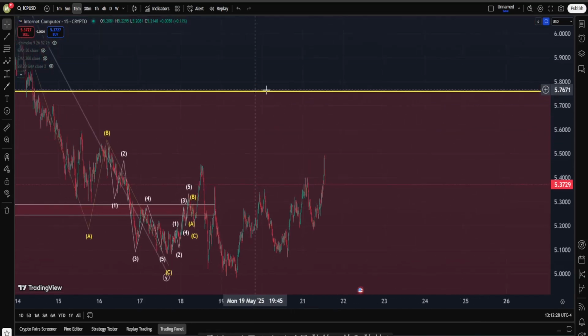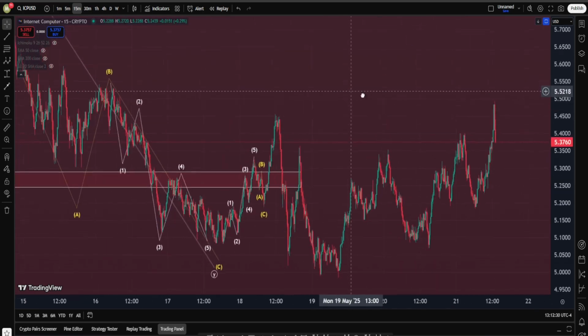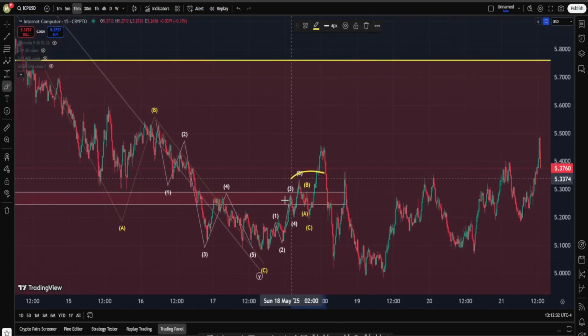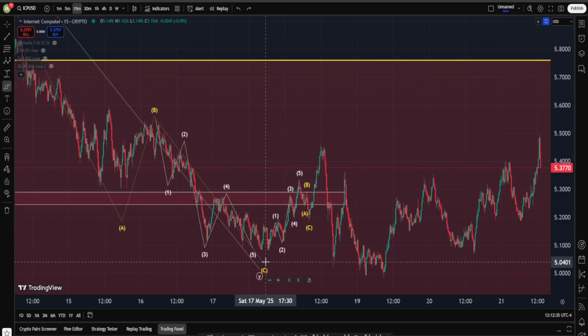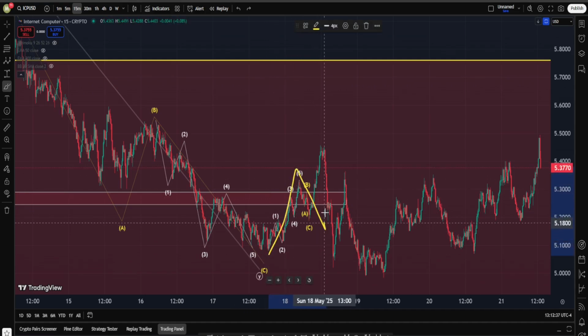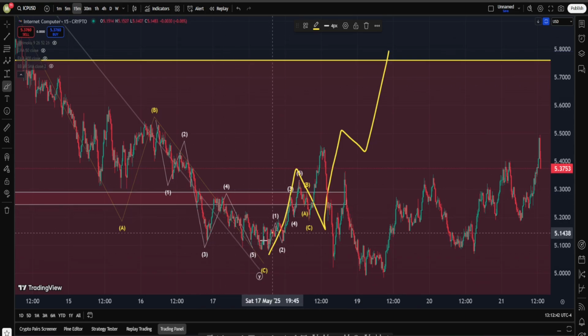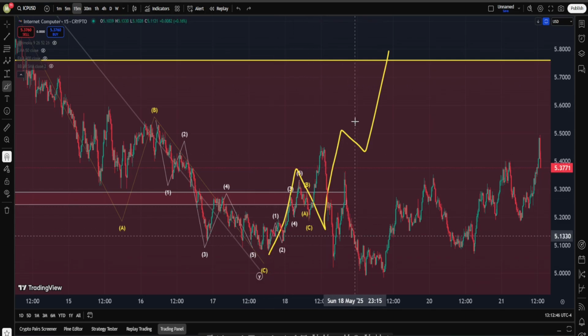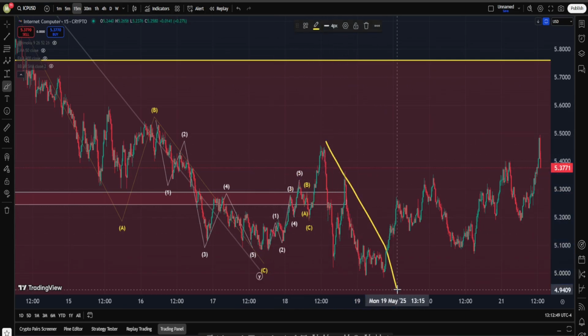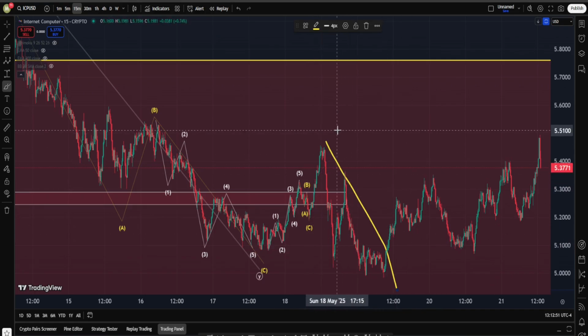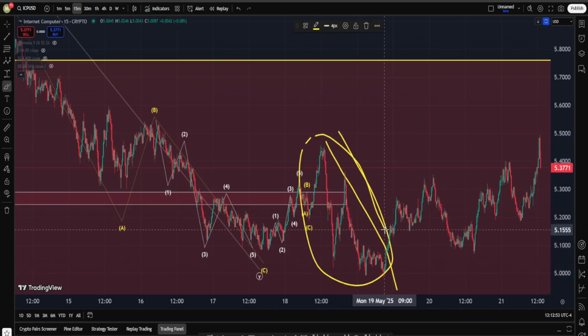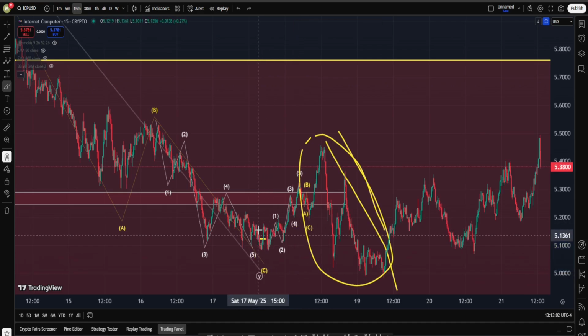And in this update, we are going to check out Internet Computer. And I believe in the previous video, we were right in here. The idea was that hopefully this is a 1, 2, and we're going to see soon a big move up into wave 3, 4, 5, and maybe this point right in here is actually the low of our correction. So what happened? Definitely not this scenario. Instead, we got a move on the downside. And I remember right when we got this move down, some people in the comments said I was wrong 100%. Well, yes, I was wrong about this point being the low of our correction.